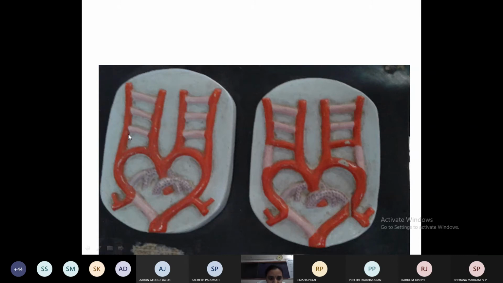If it persists, then this is the external carotid. This also originates from the subclavian. The internal and external carotids will develop separately, not from the common carotid. This is external and this is internal. They are going to develop separately, not from the common carotid. Here the ductus caroticus has failed to develop.